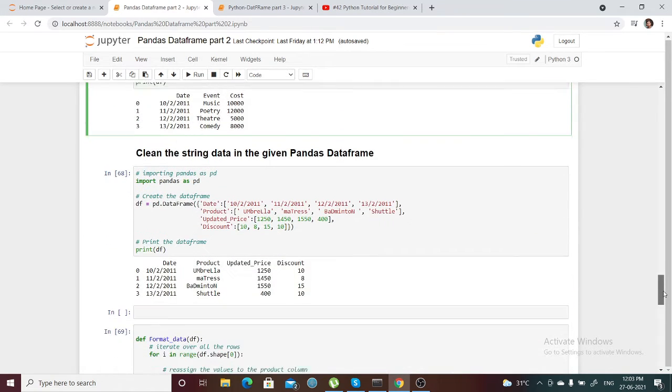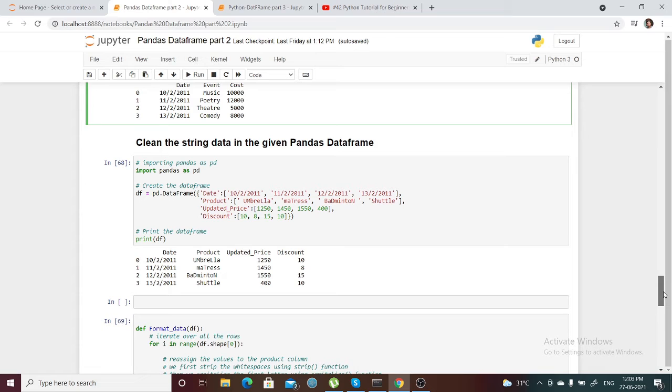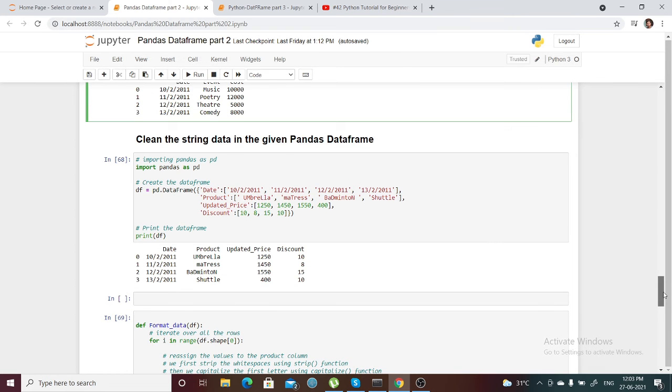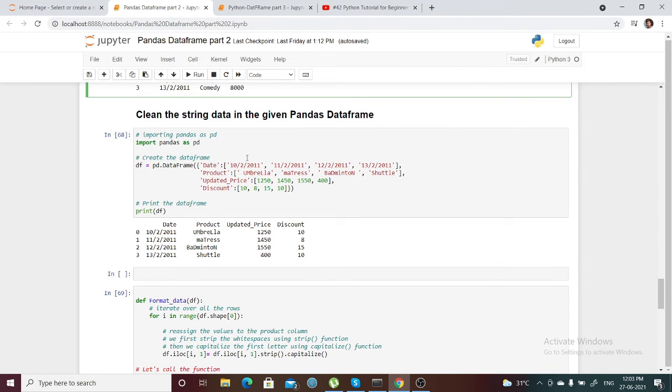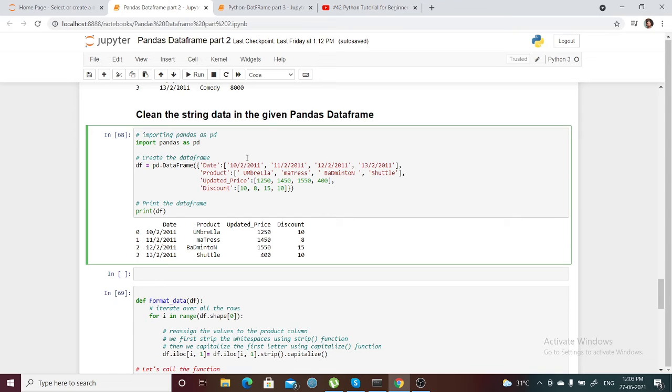Okay, so let's do the cleaning part: clean the string data using the given data frame. I have created a simple data frame using dictionaries.